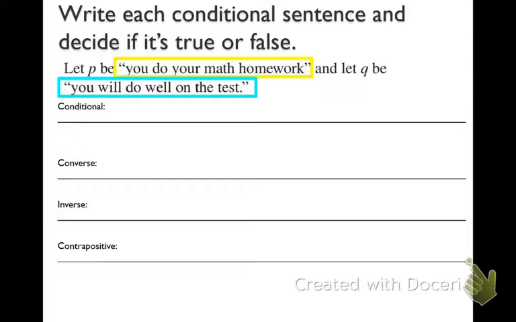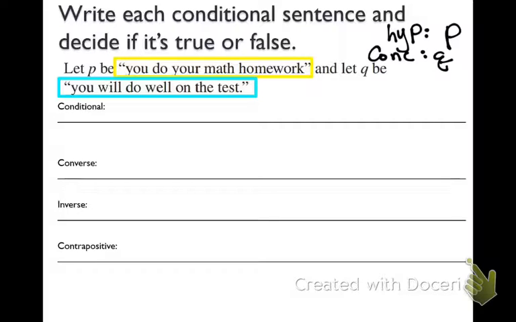All right, so we learned yesterday about conditional sentences. Conditional sentences are made up of if and then. What else is a conditional sentence made up of? It has two parts. What's the first part? Hypothesis. A hypothesis. So whenever we're labeling a hypothesis, what letter do we use? P. Then we have the second part of the sentence, which would be a conclusion, which we do represent with